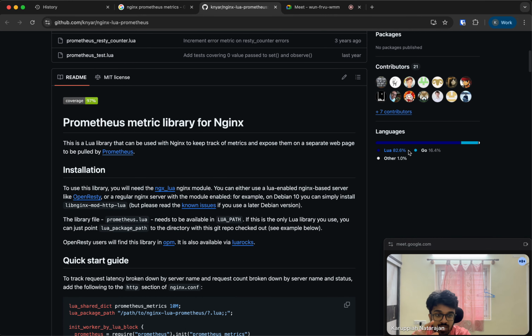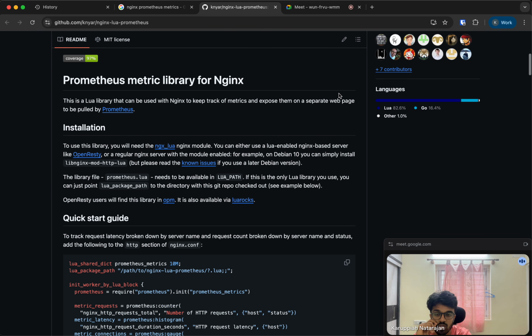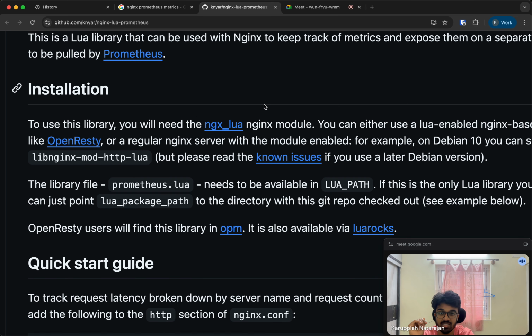This one is written using Lua and Golang, and it's a Prometheus metric library for NGINX written in Lua. So it's basically a library, not exactly the metrics itself. It's a Lua library that can be used with NGINX to keep track of metrics and expose them on a separate web page to be pulled by Prometheus. So for this, you need the NGINX Lua